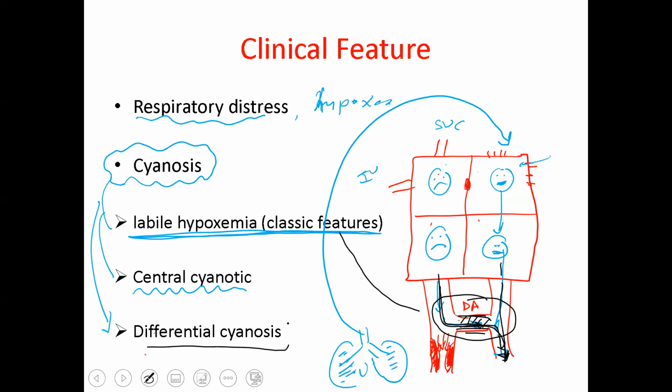Differential cyanosis, and that's a clue in your physical exam. If the duct remains open, what happened? The upper part of the body, the brain and the upper extremities, still get oxygen, so still saturated, good. The lower part of the body is not saturated, not good, because the blood from the pulmonary circulation crosses the ductus arteriosus